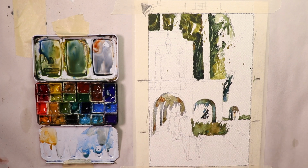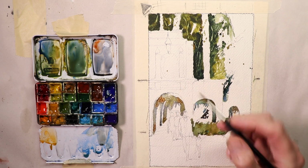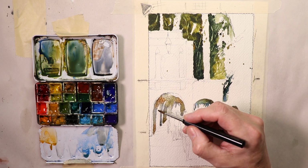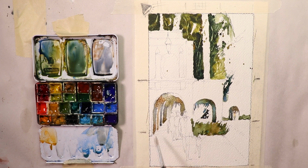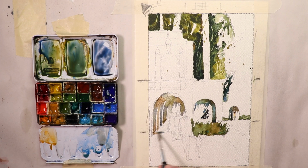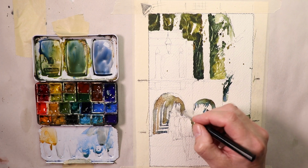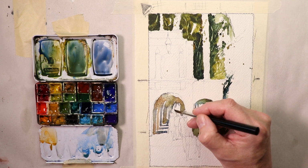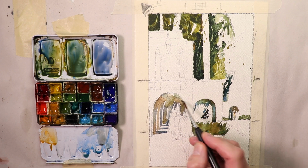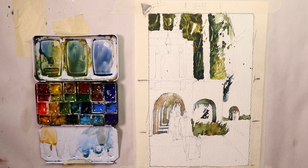It's always good to add some warm and cool everywhere. So you can see I'm doing warm and cool. I'm mixing these grays, and they look pretty good. And then there's some cooler shadows on the foreground, so more blue, darker. And then just a couple of distant colors there, and some, okay, so we have